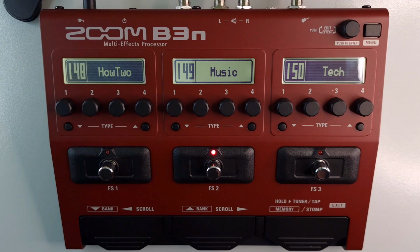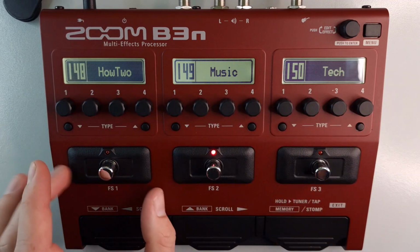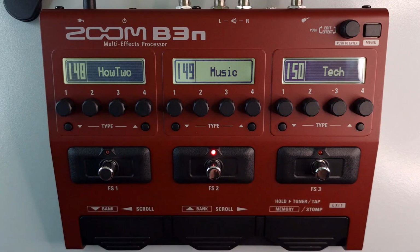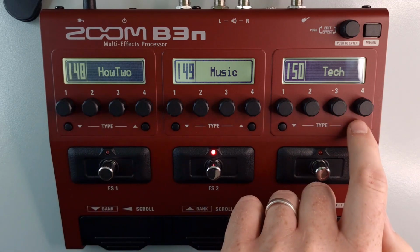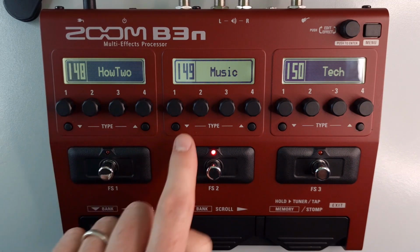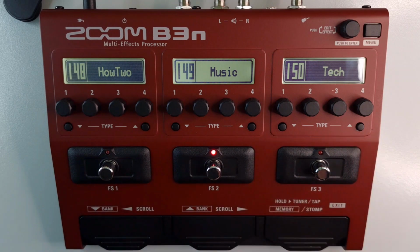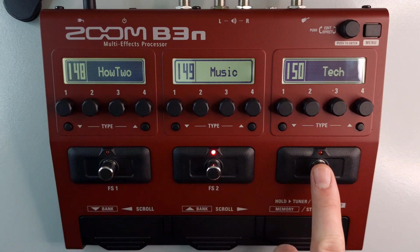Controls overview. You get 3 different displays. So there's a display for each of the foot switches. Each display has its own set of parameter knobs located directly underneath. Each one also has a set of type keys, which is used to change the effects. Each one has their own dedicated foot switch for turning the effects on and off in stomp mode or for